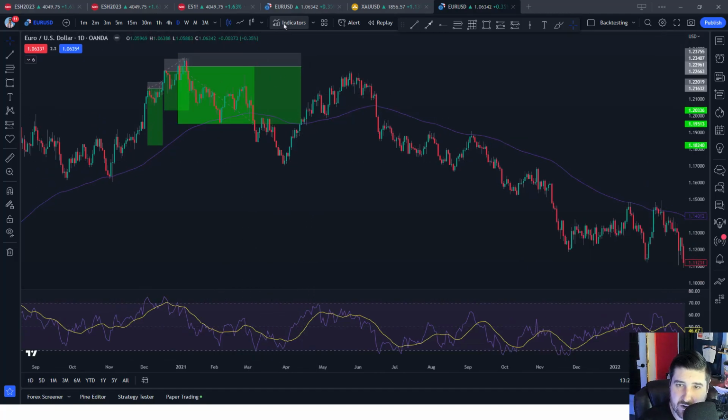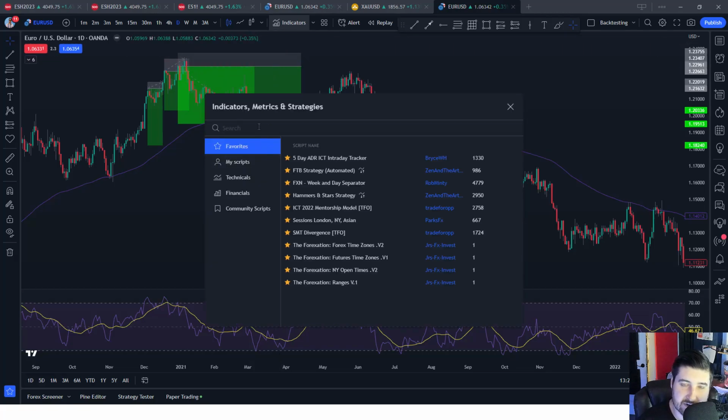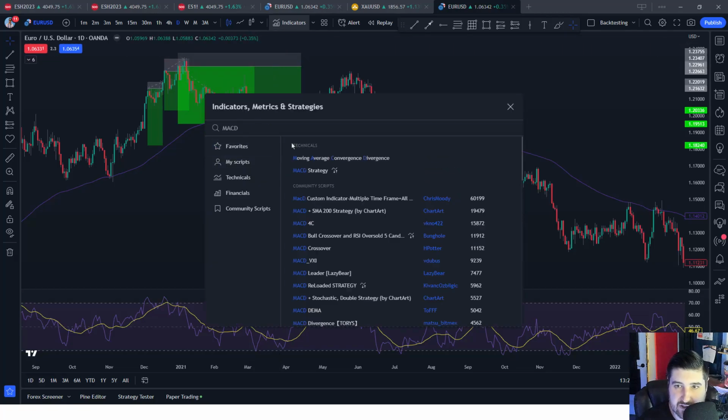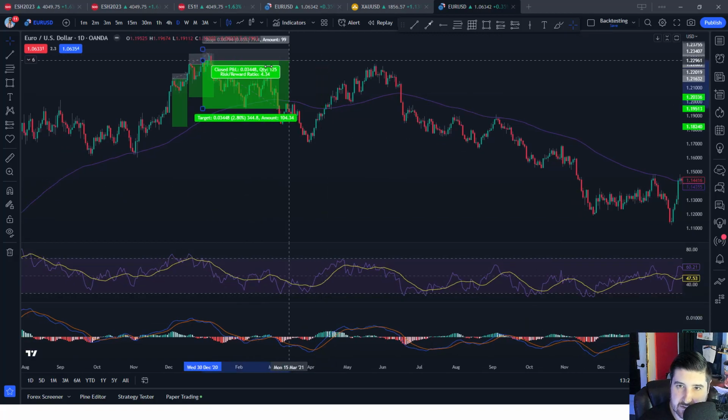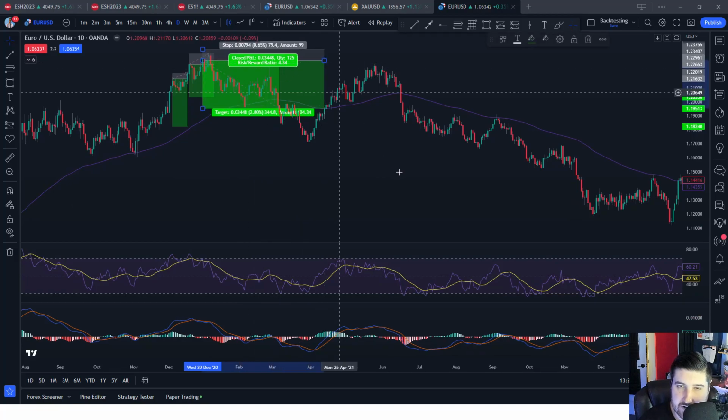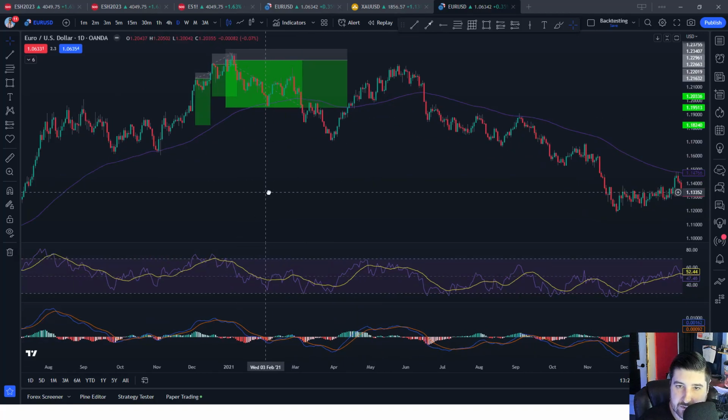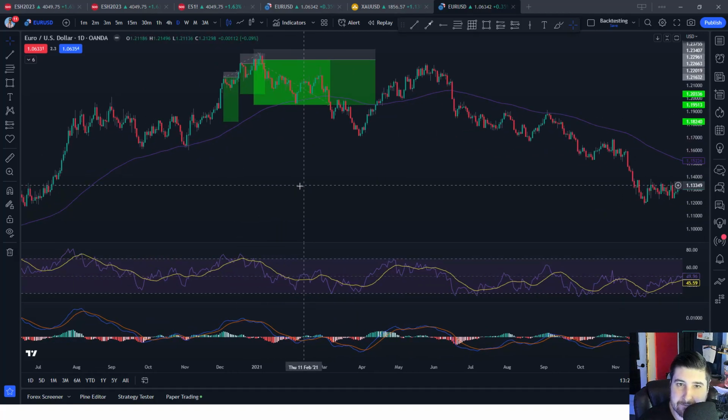So let's add in one more. I don't recommend adding all these at once. I'm just giving you examples of how you want to use multiple together. So moving average convergence divergence, that is the MACD. Now let's get some trade setups all together. Let me just put this back where it was. Okay. So let's do the same setup, same areas, okay? So came here, we're in a buy,